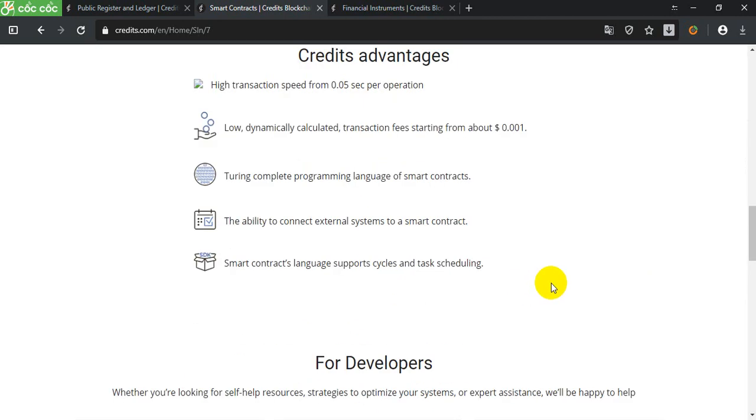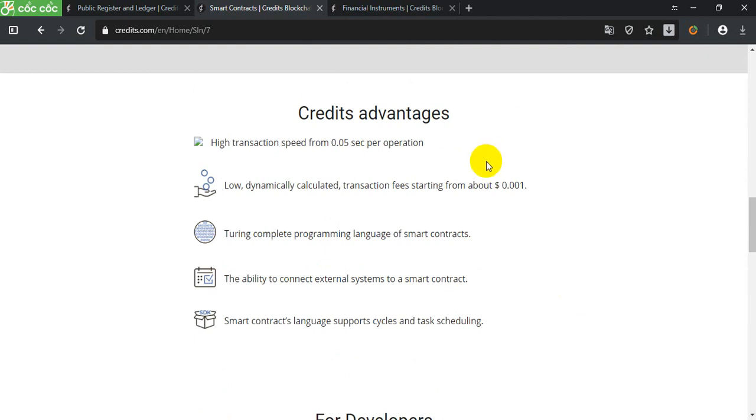Credit advantage: high transaction speeds from 0.05 seconds per operation, and a low, dynamically calculated transaction fee starting from about